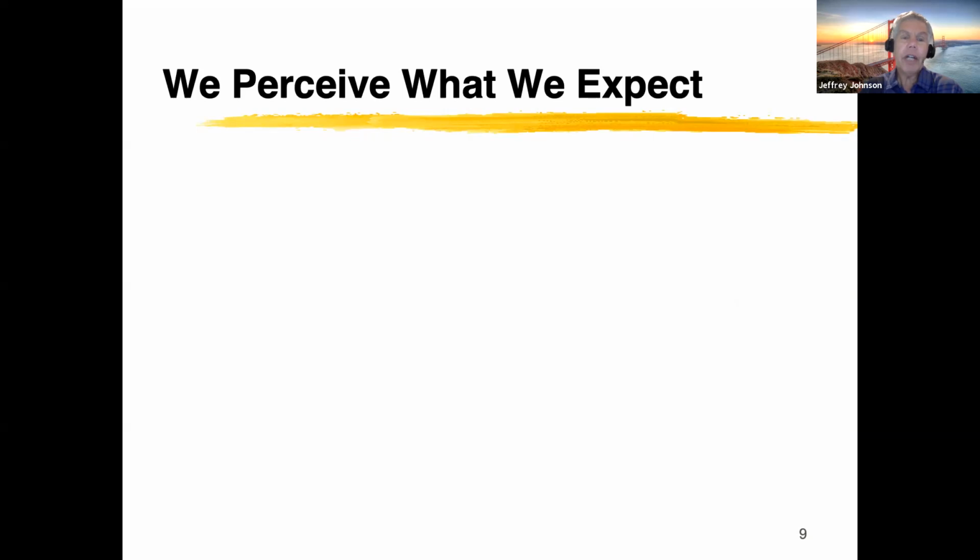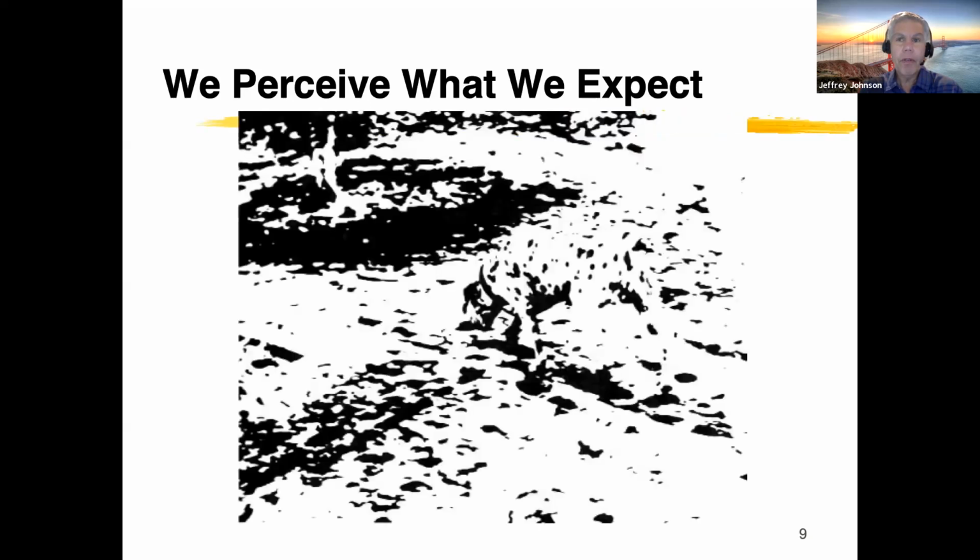Okay, so now I'm going to give you another piece of background. I'm going to show you a picture of a dog sniffing the ground next to a tree. The dog is a Dalmatian. Okay, here we go. All right, does everyone see the dog? Okay, so there's the dog's head, and there's the legs, front legs, the hind legs, the tail's in the air. The tree is over here, the shadow of the tree and the leaves